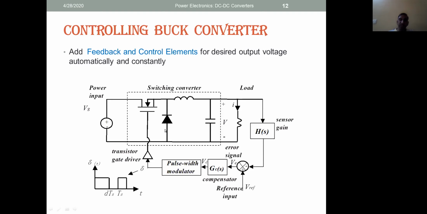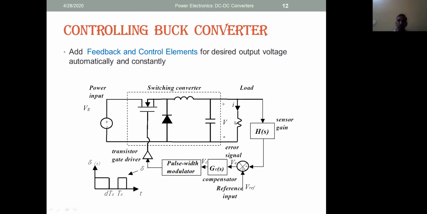In all power electronic circuits, we do have a power circuit and a control circuit. This part, which is on the right hand side and at the bottom up to this, is the control circuit. And this part is the load. Meaning four essential components of any power circuit are source, load, power circuit, and a control circuit. So if we go into detail, this switch can be open and closed as we know it now.